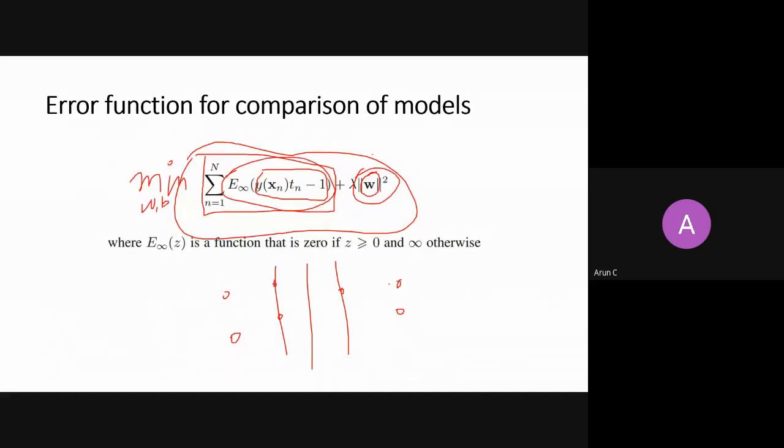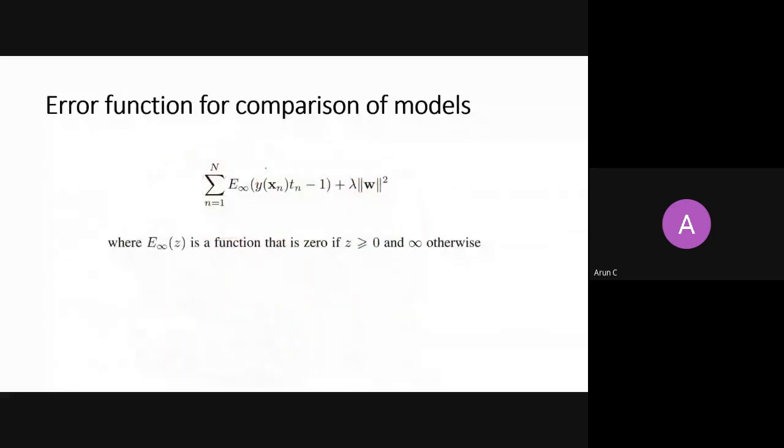If it is not so, let's say this is a cross on one side, and on the other side there are circles. If there is one circle and one cross here, then this is violating my constraint, and the term will not be equal to 0 and will rise to infinity, right? This is what this cost function is saying. So just to rephrase it again, I need to satisfy this constraint to make this function 0, right? And if this constraint is not satisfied, then I am going to infinity.